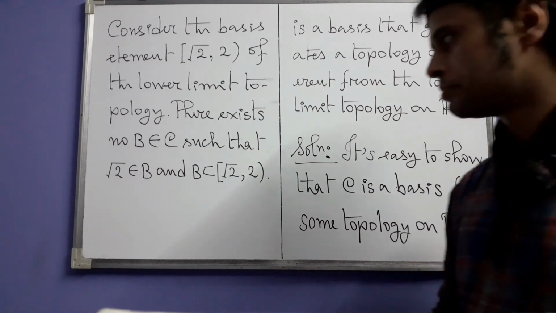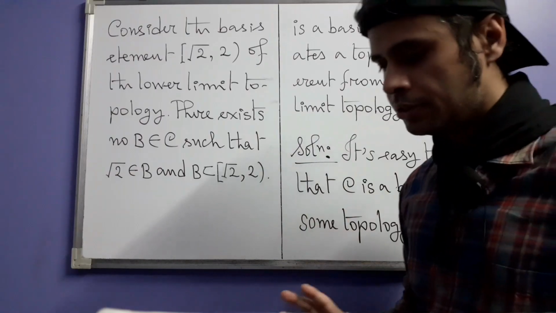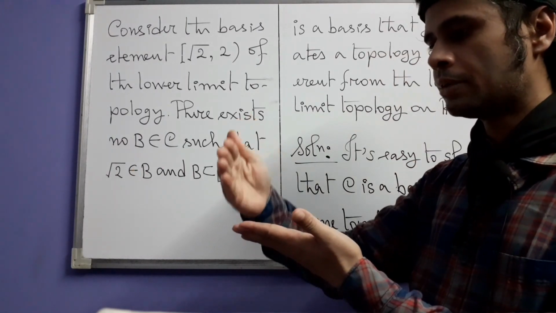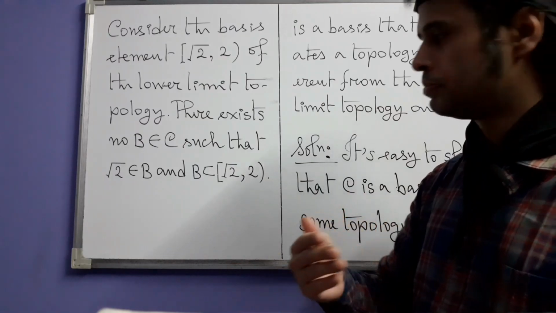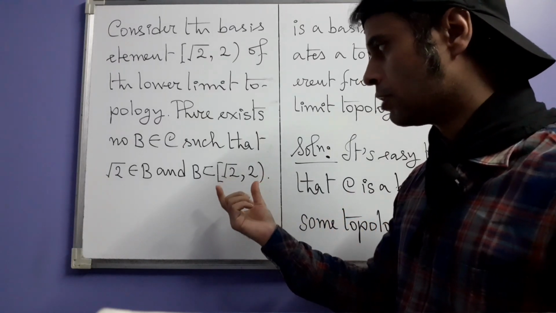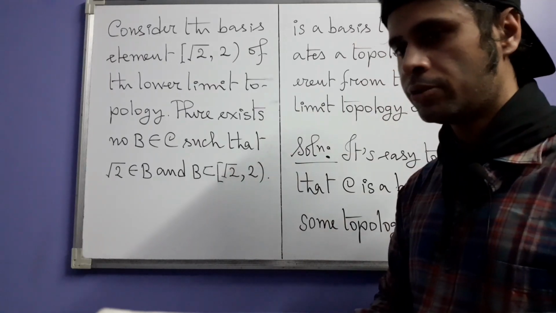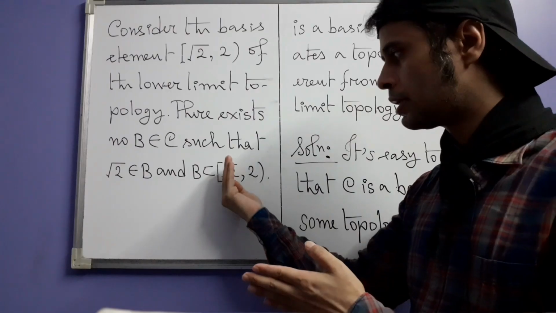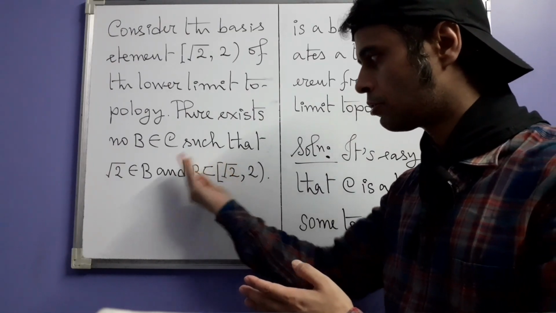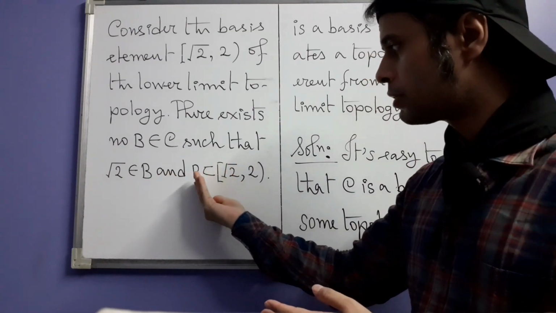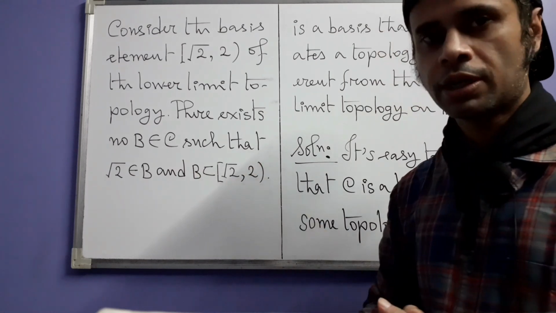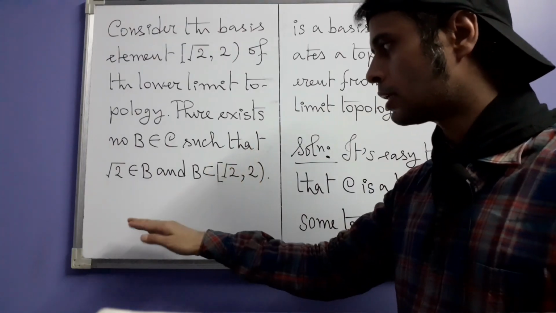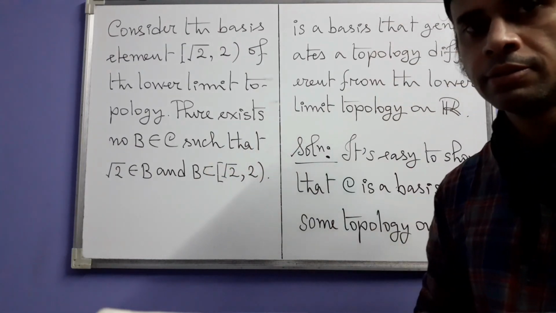Well, if you just think of it, what is B? B is an interval of the type closed a, open b. If that interval has to contain this square root of 2, obviously that interval must have its left end either here itself or on that side. But the left end of B cannot be square root of 2 because it is irrational. So it has to be on that side. But if it is on that side, then B cannot be contained in this. That is why